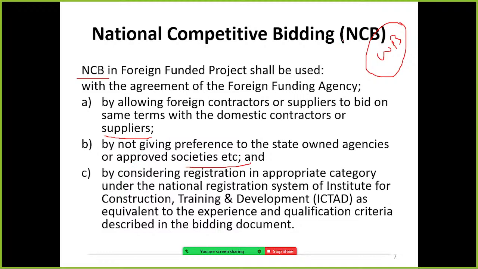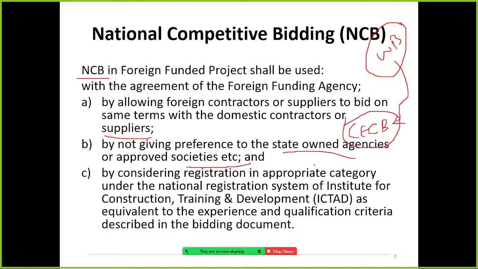Normally the foreign funded projects follow some sort of standards, therefore there is no discrimination between foreign contractors and local contractors, and also state-owned agencies like CECB, Central Engineering and Consultants Bureau. Normally they undertake contracts, right?